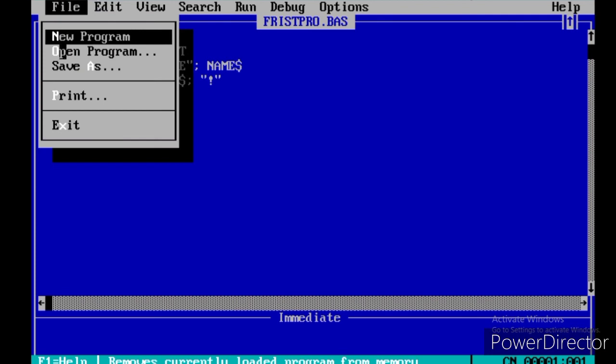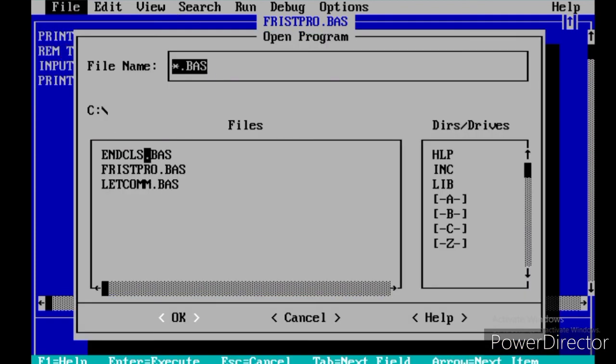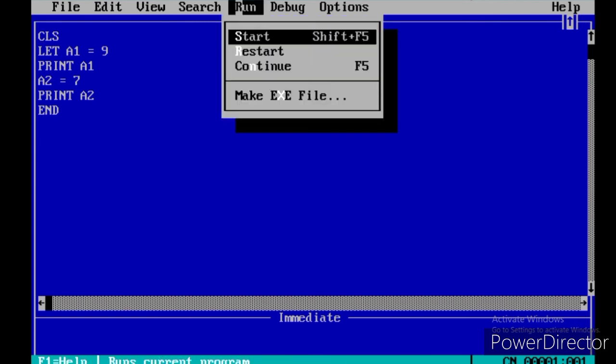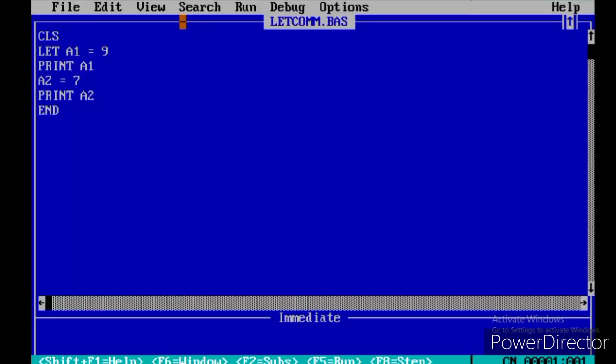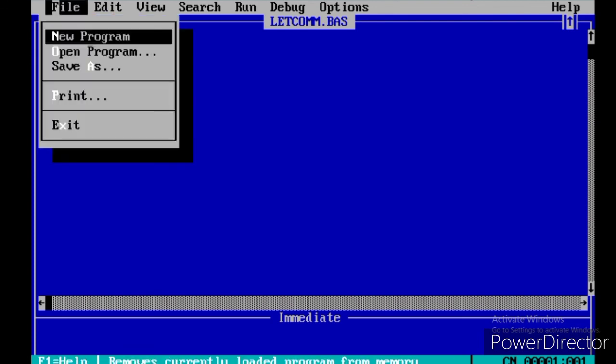File, open program, all the names come here, take any one you like and say okay. The program comes, you can run the program, you can check out the program. This is how you are going to open a program and say new program from here. And once you are done with everything, you will just say exit.